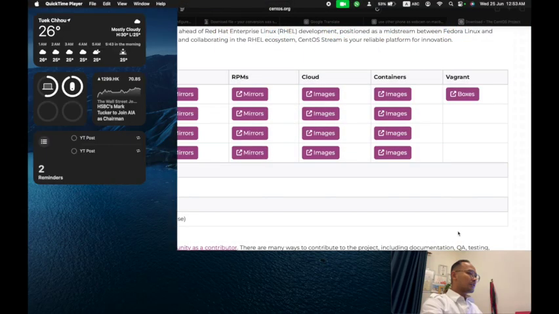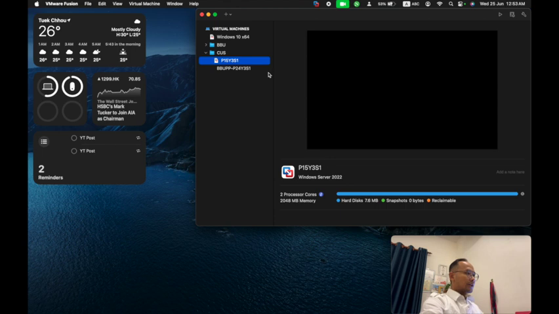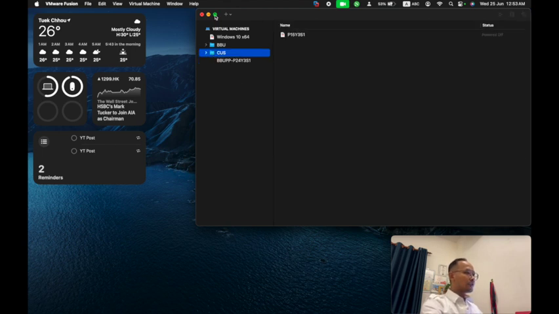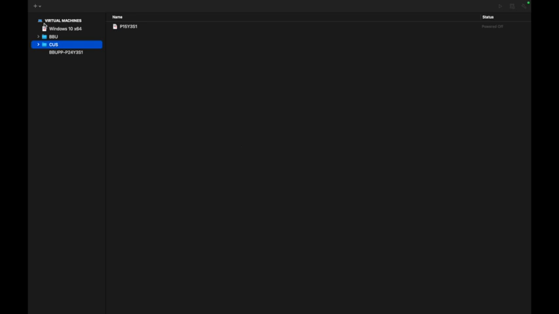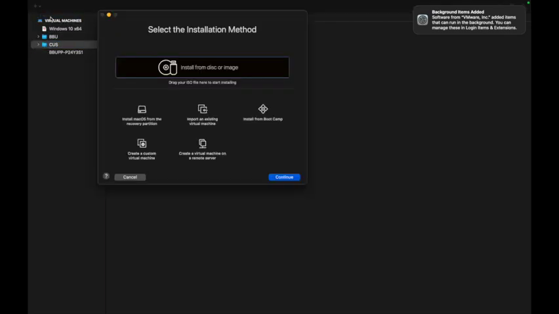Look at the screen, where I will set it up on my VMware Fusion. For those who use Windows 10 or Windows 11, you can install VMware Workstation Pro, at least version 17. Why do we need version 17?